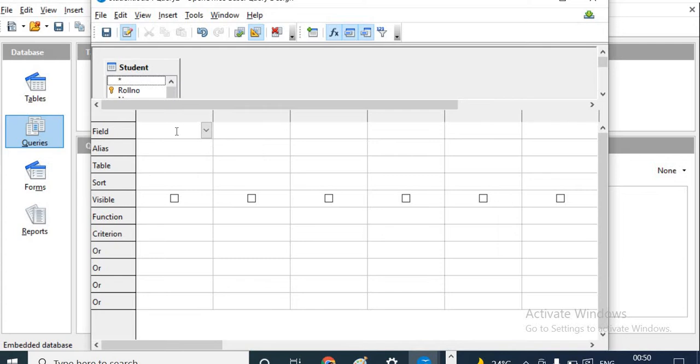So the next query is display the details of the students where name is Rahul or Raj. So here which columns do you want? For example, you want roll number and name. Now the criterion is given in name, where name is Rahul